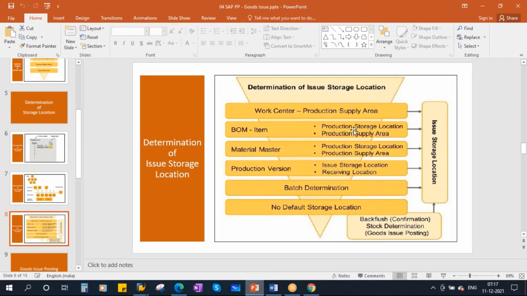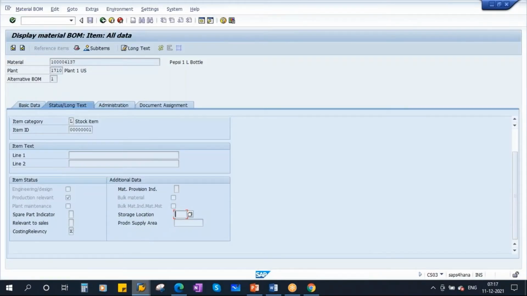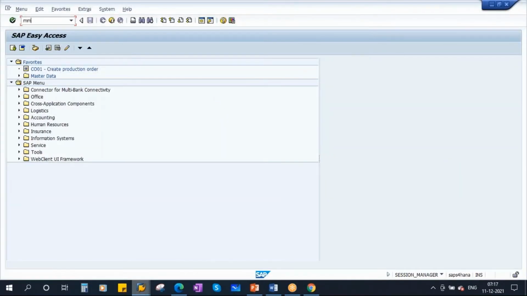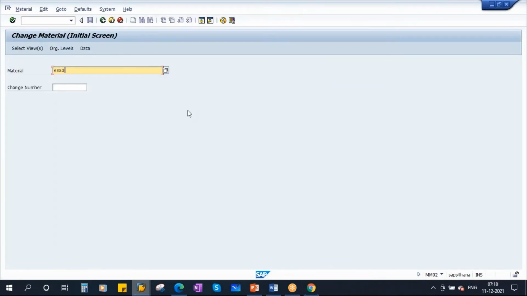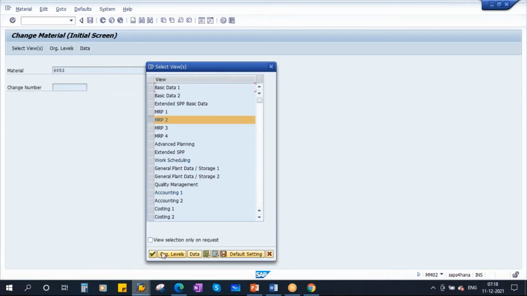If it is not maintained here, then the system will search for the storage location maintained in the material master of the component. So let me show you. I'll take a component, say 6853, and go to its material master. MM02, enter the component, go to work scheduling, then the MRP2 view.